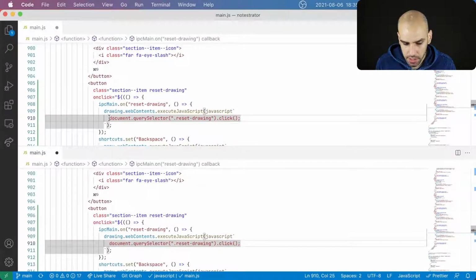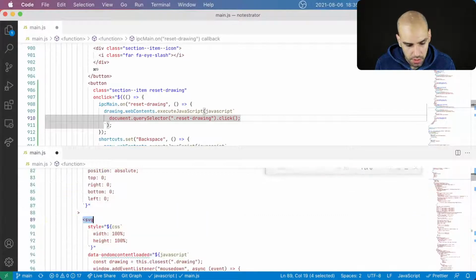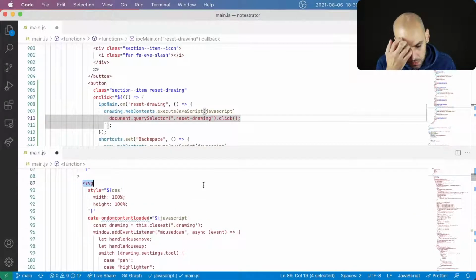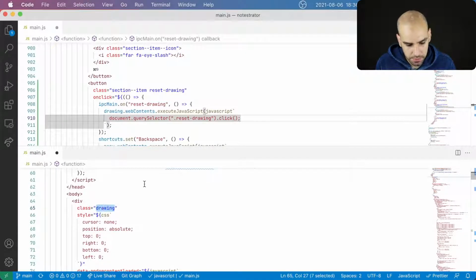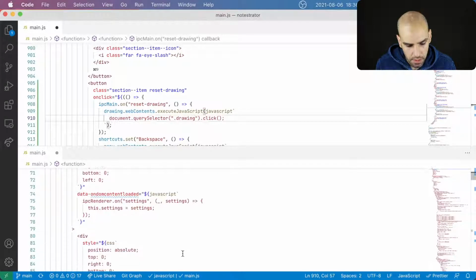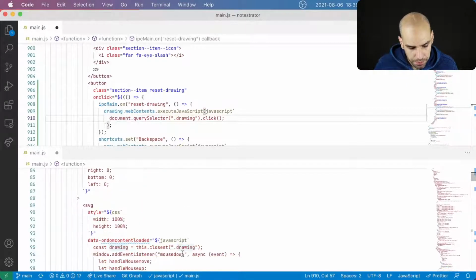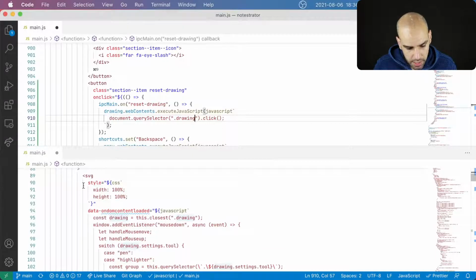And the JavaScript that we want to execute is to find the drawing, and then in the drawing, to reset the SVG,